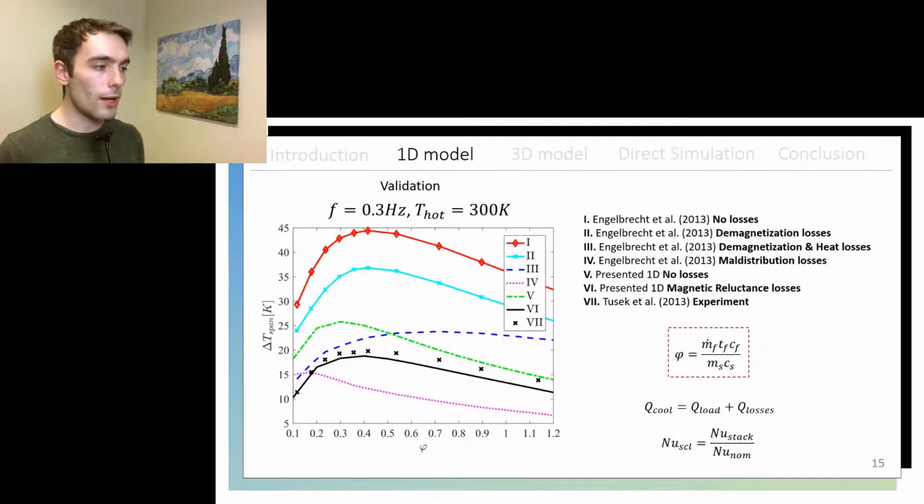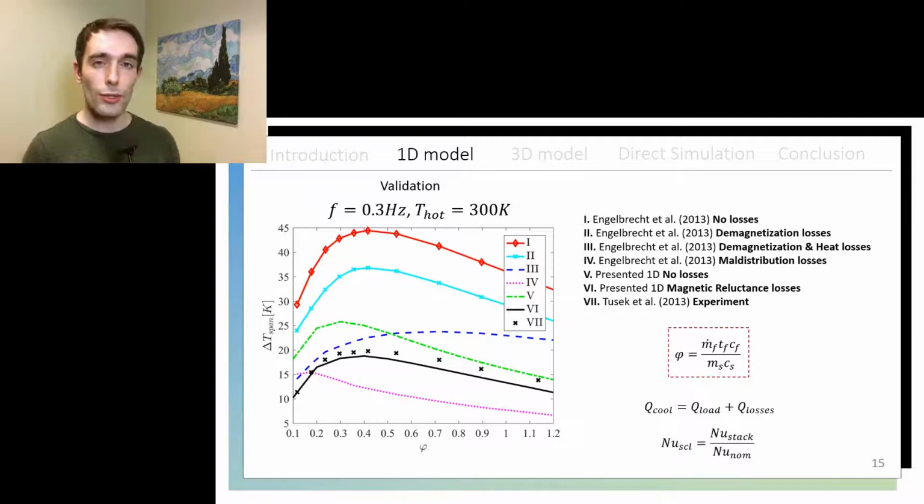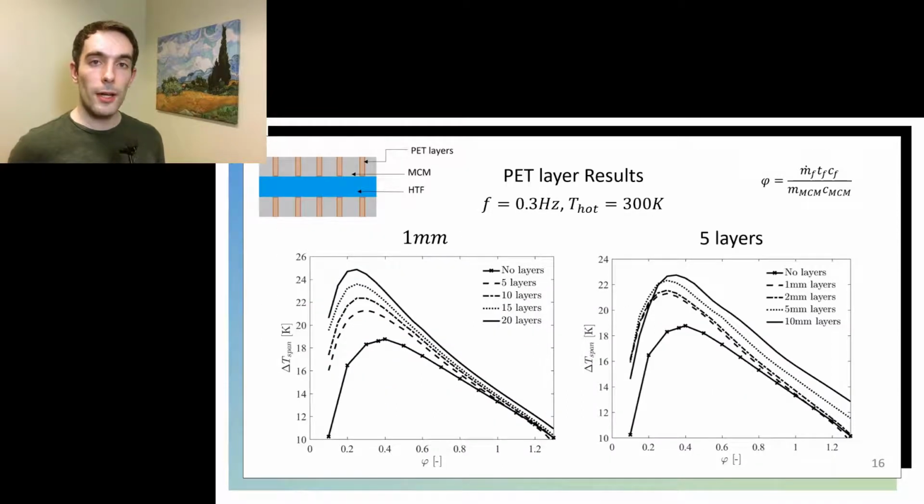And models number 5 and 6 would be the model I presented earlier, number 5 with no losses, and 6 solving the simplified magnetic circuit. So it is number 6 that is closest to the experimental measurements from Tusek et al. So we could assume that this would behave as a real regenerator, especially because I'm not going to change the operational point. So the numerical experiments that I performed with that one-dimensional solver consisted of introducing insulator layers along the